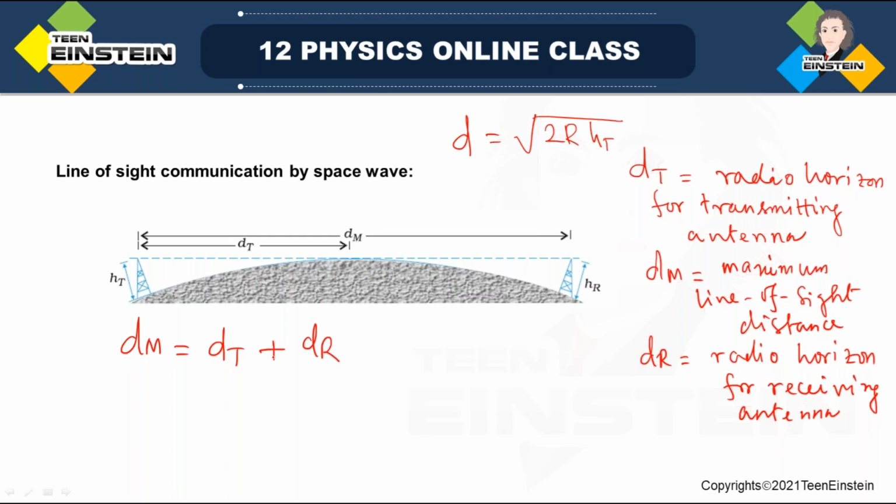Suppose this is h, in general h is the height of the tower or height of the antenna. So we can write here, 2R is the radius of the earth, and then ht, height of the transmitting antenna, plus 2R hr, sorry, where hr means height of the receiving antenna. So this will give you the maximum distance of line of sight. Okay,